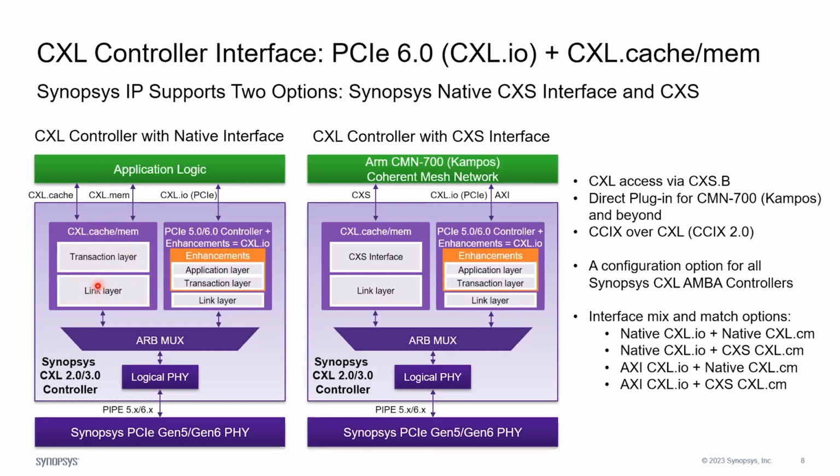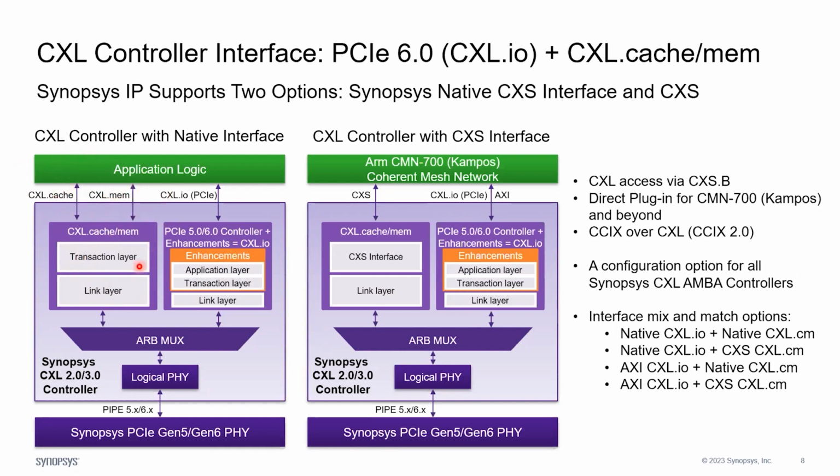And this includes a link layer and transaction layer. In our native interface version, it comes out as CXL.cache and CXL.mem. It's not this simple. It's really multiple interfaces. As I mentioned, there's a manager host to device, a device to host, and manager to subordinate, et cetera. So there's a whole bunch of interfaces that make up these two simple arrows that